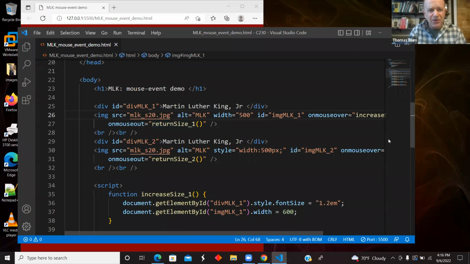You can do some things with just pure CSS, cascading style sheet style, when you have the mouse over something. You have a little bit more control in JavaScript, but this is why I have two things, a div and an image, and I'm controlling both of them. And the div I'm controlling